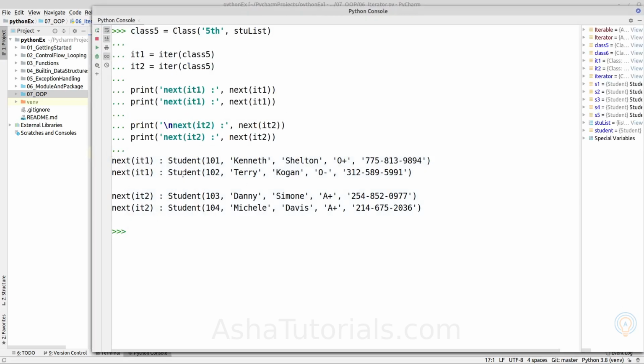So when we are executing in parallel, as we can see, first we have iterated twice over the iterator 1 object, and when we call the first next method on iterator 2, it returns the third object from the collection, which ideally should begin from the first student, 101. So we need to make